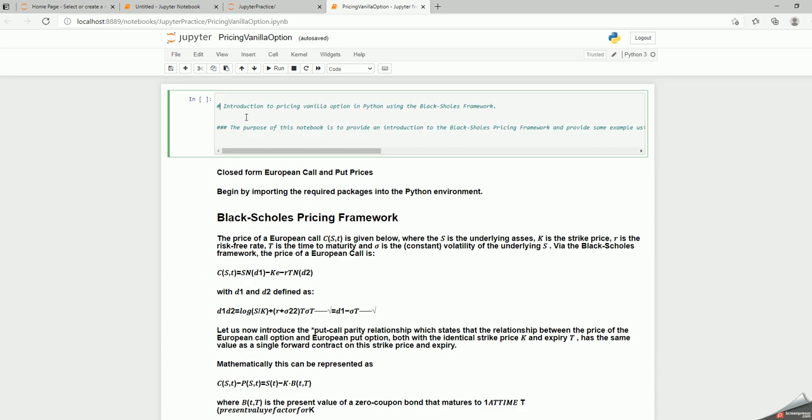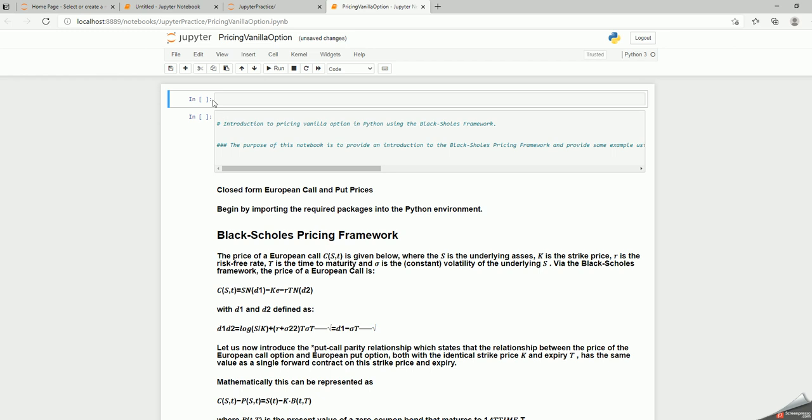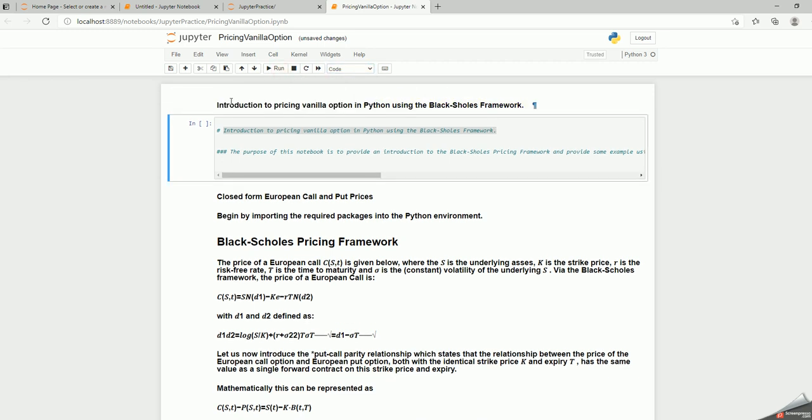Okay, so how do you put in a comment? These are called blocks. So I can show you how to insert a block. You can insert a cell above, say, and this becomes a block. Okay, so now say I want to write something as a comment. So first I will say I have this as my comment. And the font of the comment I want to keep small. Anything which is a comment, you have to select markdown here and just do a run. So you can see this has converted to this.